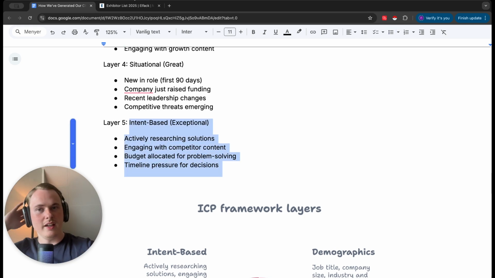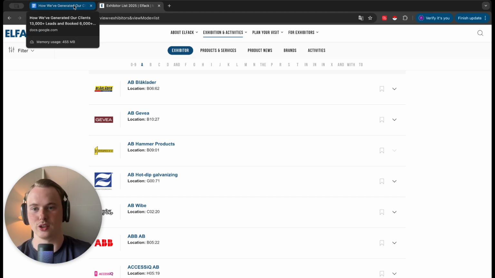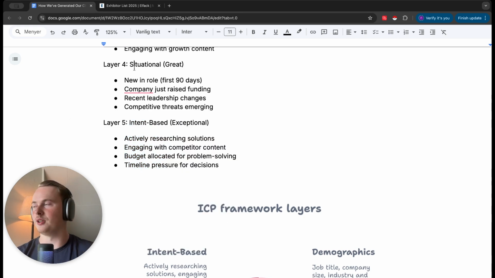This is also like, if these companies are at this event, then obviously they want more clients. So it's also a good trigger. We know that they want to sell more products. Of course, everybody wants that. But here we can actually say, John, since you were just at this event, I'm assuming you would like to grow. And then we had a super good messaging along the lines of